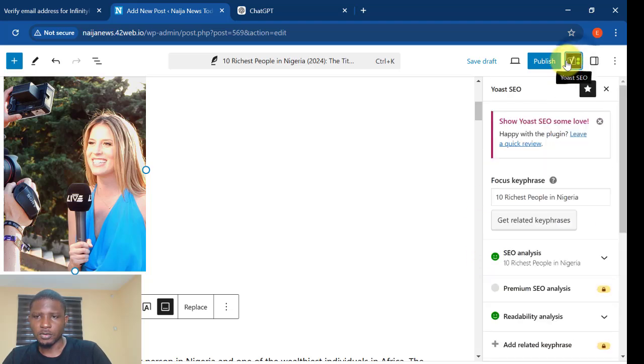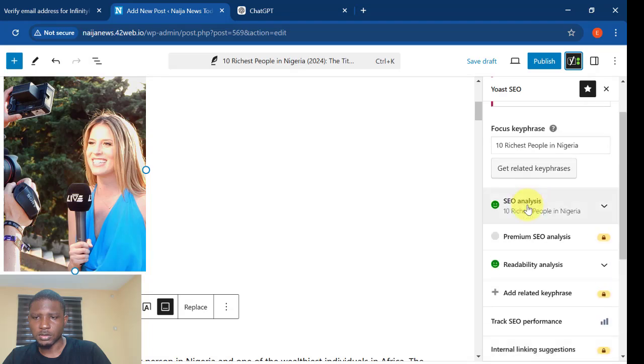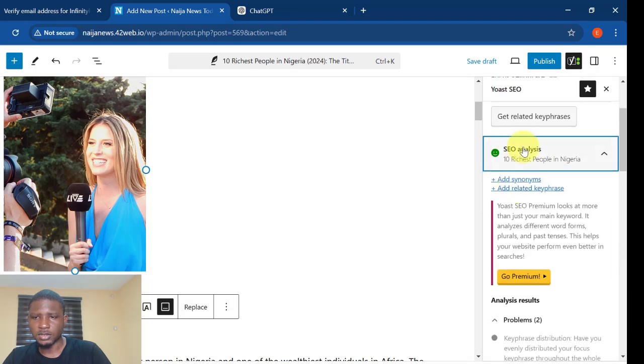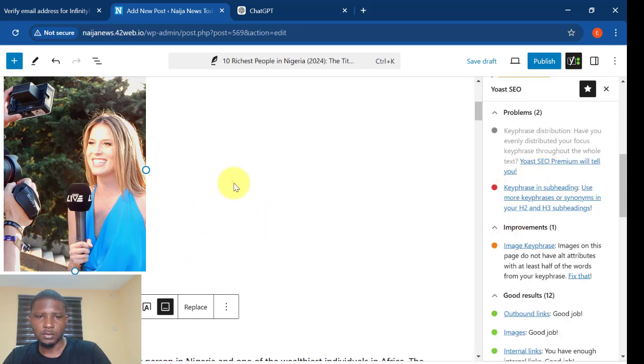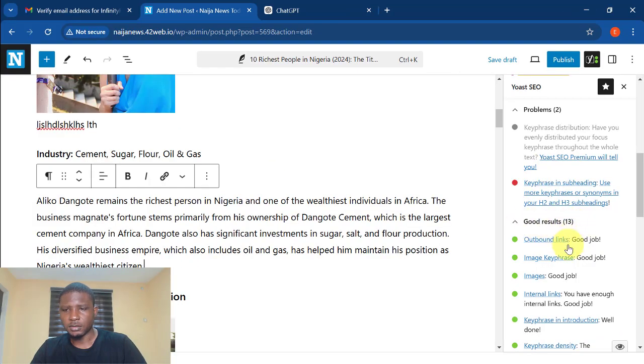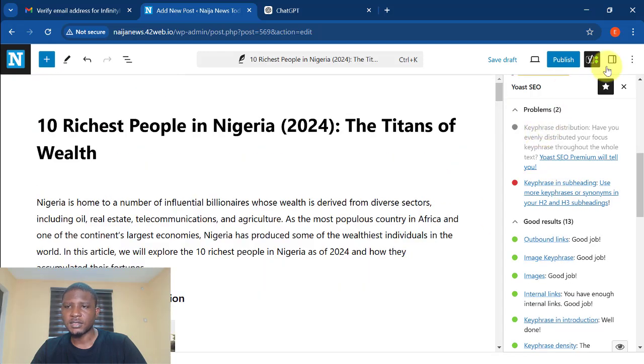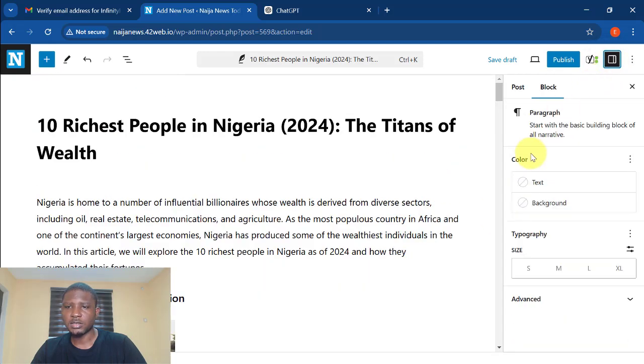Okay, so let's come back to our SEO. See that the SEO thing has turned green now. You see that we have 13 good links now. The images problem has gone. When you have some subheadings that have your key phrase too, this will also disappear. So one last thing now is to add